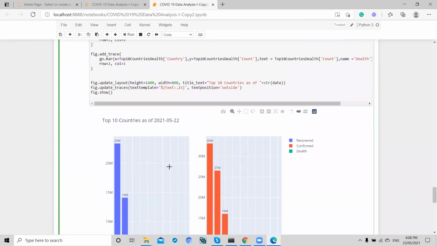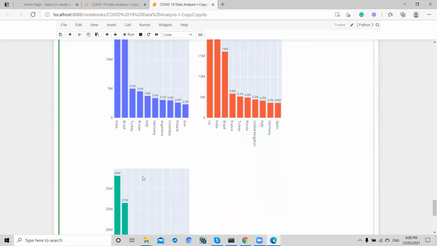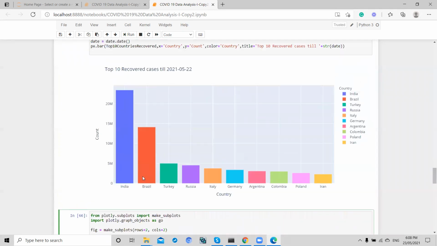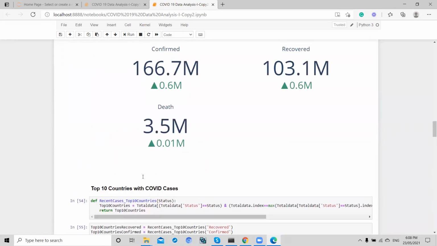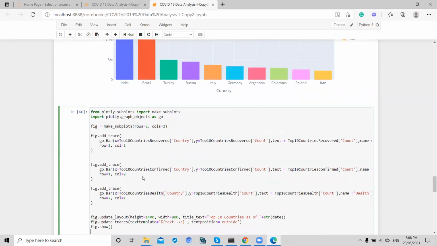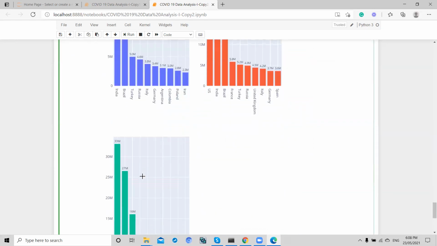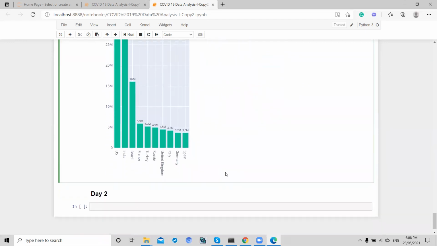so this much we did last time. Last time we did a KPI and we plotted 3 bar graphs, and today we will continue the same. And today what we will be doing is,